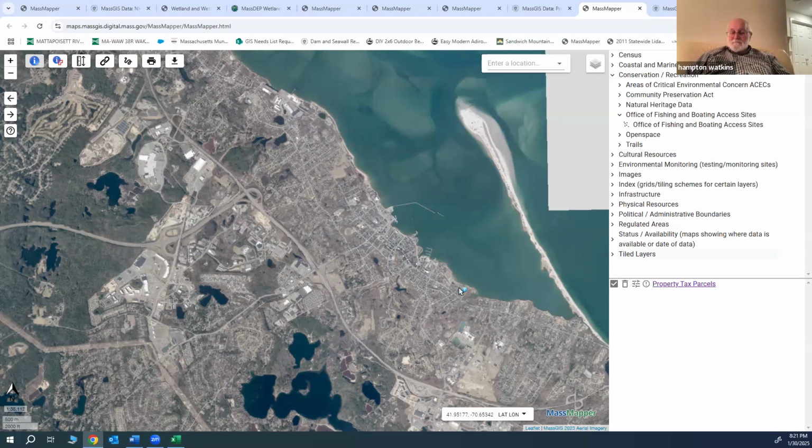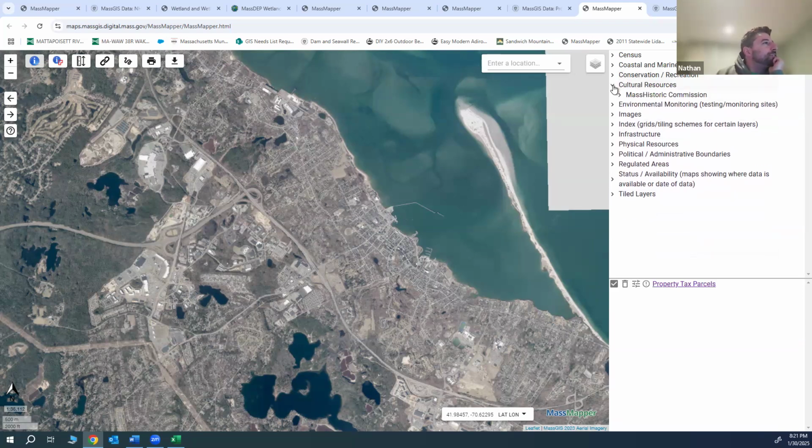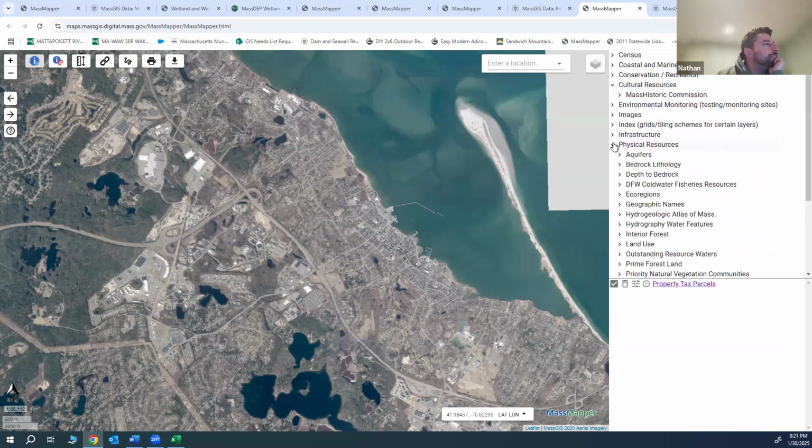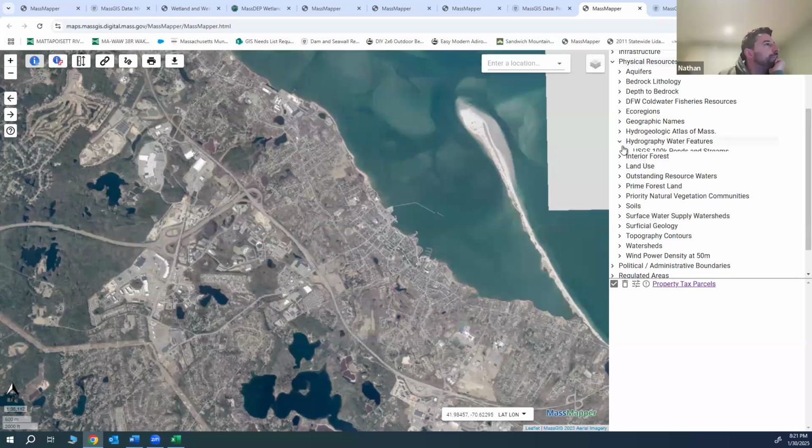Hampton. Nate, could we take a little peek at wetland areas? Yeah, so I think cultural, no, physical, yes, hydrography,